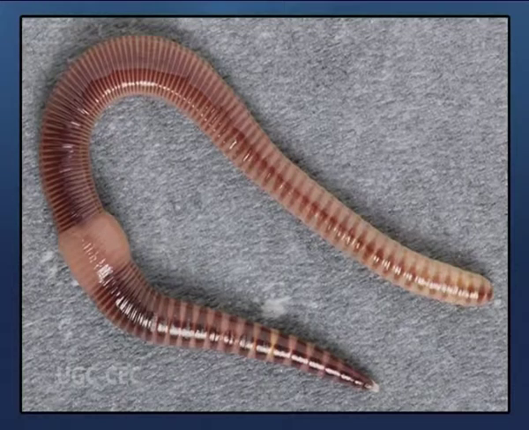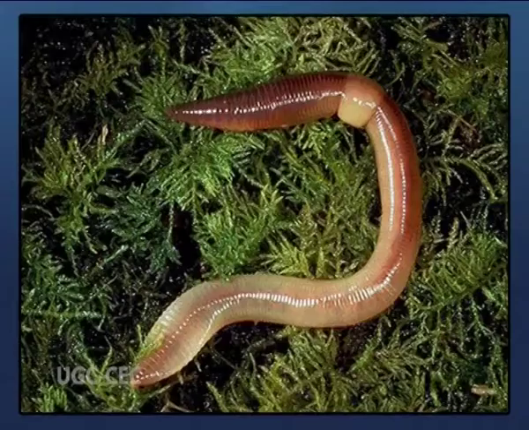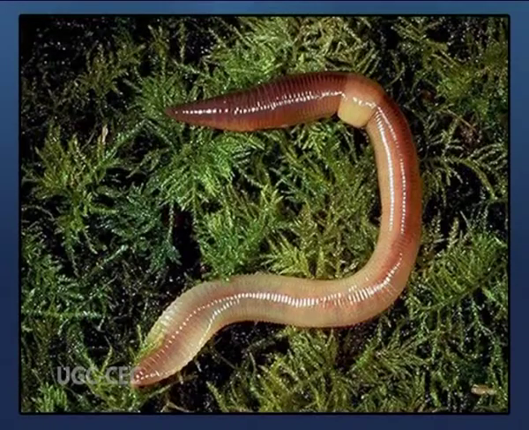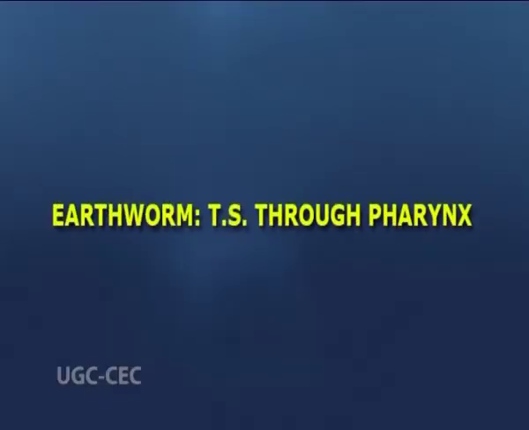Earthworms have a segmented tube-like body. The number of segments varies in different species from 37 up to 100 segments. The outside body is slimy and muscular. All the transverse sections of earthworm show triploblastic layering with organ grade of construction and true coelom. First, we will learn transverse section through pharynx in earthworm.